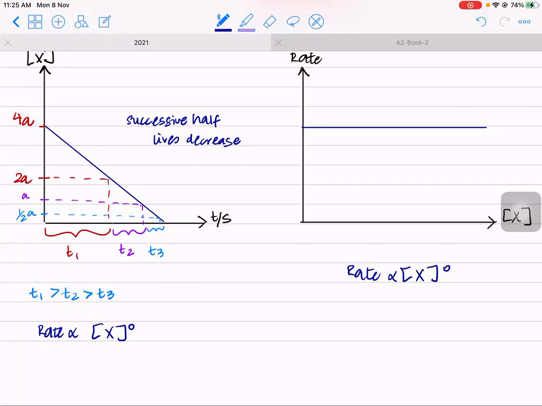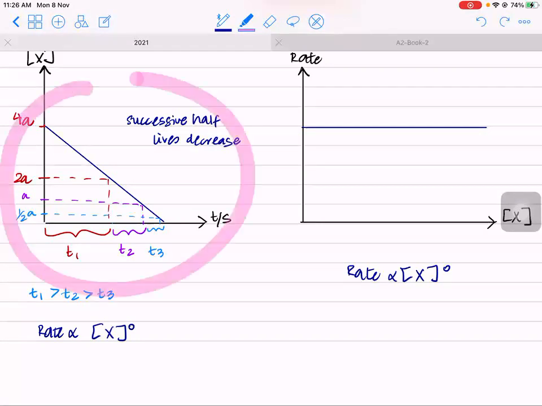And if you are given concentration versus rate graph, that is this one. This is easy to depict. Why? Because you see you are increasing concentration, but rate remains unchanged. So you know that is zero order. What does zero order mean? That even if you change concentration, rate does not change. That is zero order. So rate concentration graph, you can easily figure out that it is zero order.